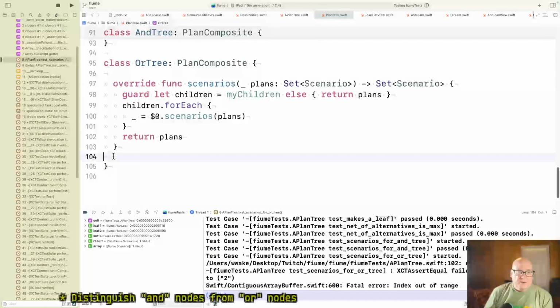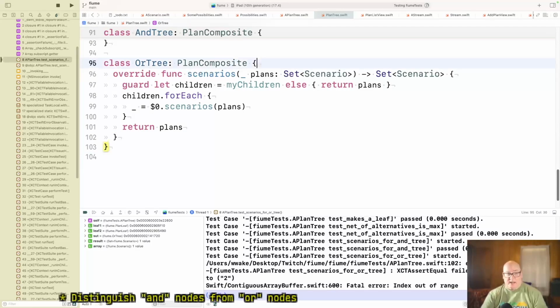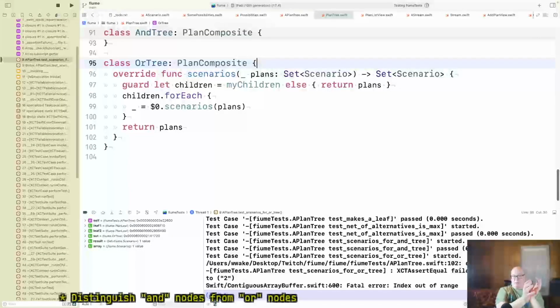So now we're calling this one in this case. Now what should happen? All right, so we're given a bunch of scenarios, and however many there are, we're going to take however many children we have, and each one of those we're given is going to generate as many as there are children. So this is the combinatorics thing of it. All right, so